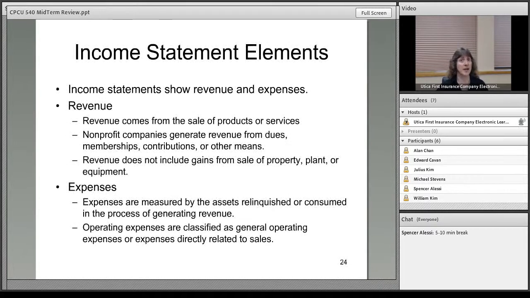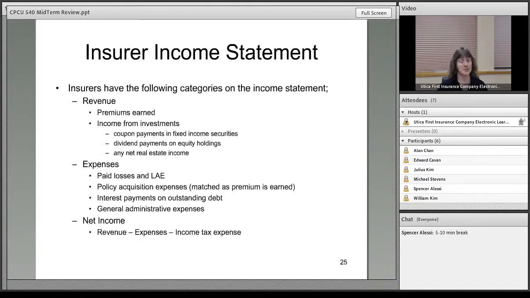And different elements. There's basically two elements on an income statement. It shows your revenue or money coming in and expenses, stuff going out. And the insurance company's income statement more specifically, okay, your revenue would be premiums earned and income from investments. Your expenses are your losses, your loss adjustment expenses, your policy acquisition expenses, interest payments on outstanding debt, and general